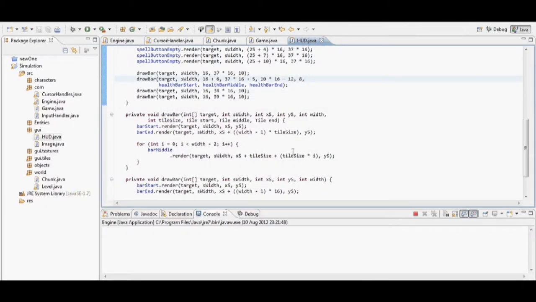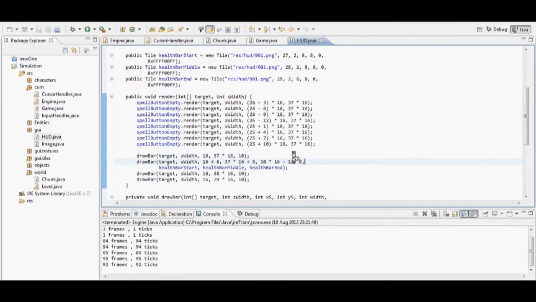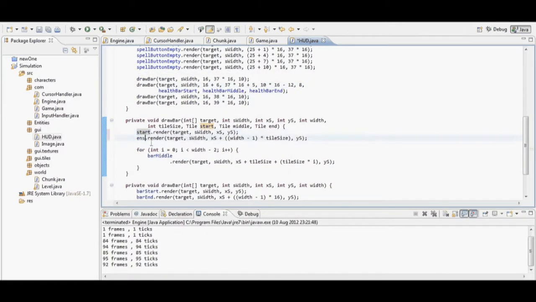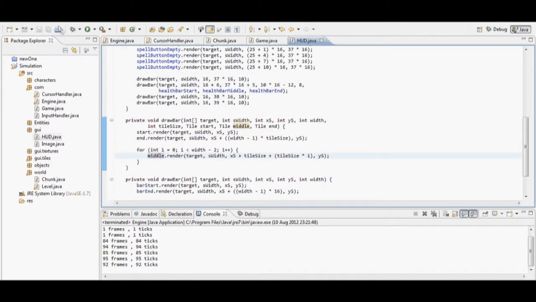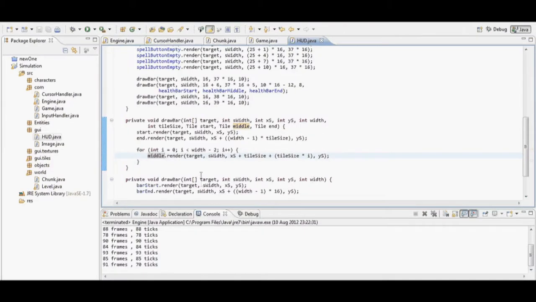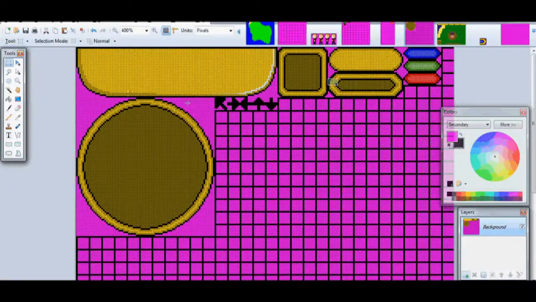As I say, as always, it makes it easier, as I don't need 3 different functions, I can do it with just the one. As you see there, it went wrong a little bit, and the bar was drawn excessively. That's because I'm drawing the bar start, bar middle and bar end, whereas I wanted to draw the health bar of each of them. As you see there, it's drawing it a little large, as it's going all the way across the screen. And so what I do instead is I have to just edit it a little bit, and